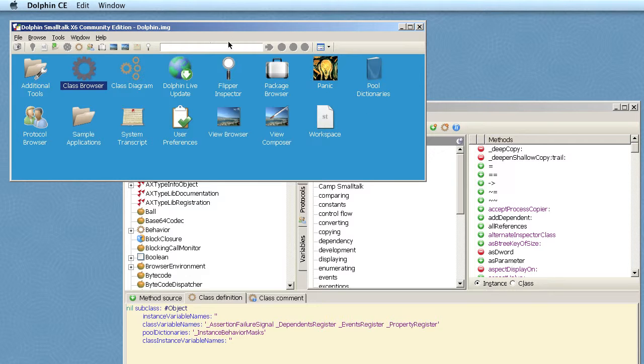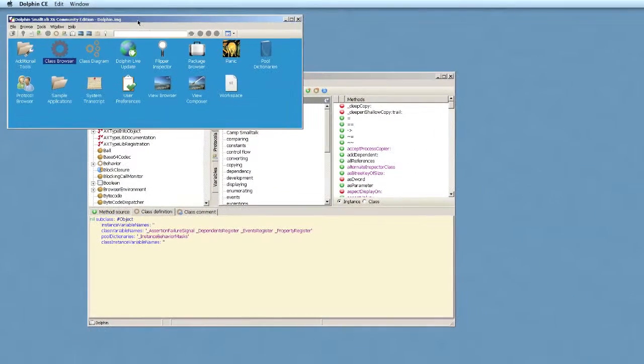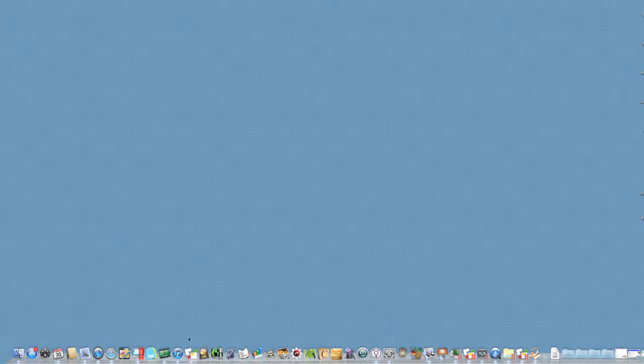So this is about how far we got last time. We have Dolphin CE running on the Mac, and you'll notice that we still have the standard Windows frames and the standard Windows system font. So what I'd like to do is to go and change those, and there are some Wine options you can set to do that. So let's close Dolphin and save the image, and let's go down to our application icon,